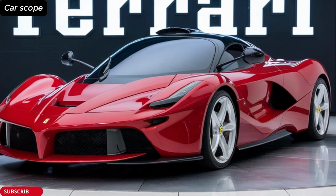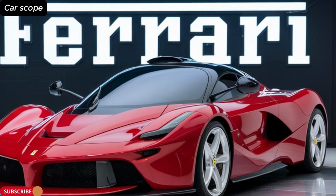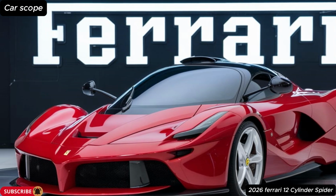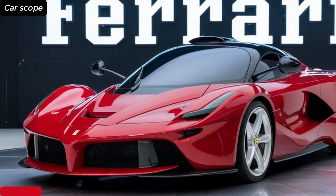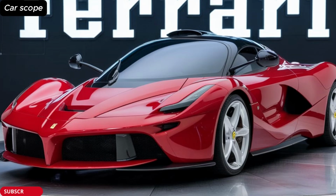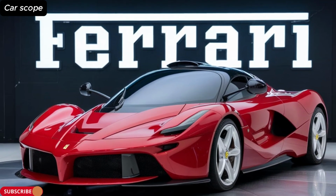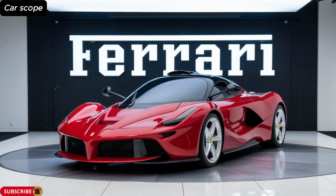Today, we're diving into something truly special, something that blends legacy, raw emotion, and cutting-edge technology. This is the 2026 Ferrari 12-cylinder Spider, a breathtaking open-top masterpiece that represents the pinnacle of Ferrari's grand touring excellence. It's not just a car, it's a declaration that passion and performance can still coexist in a world rapidly shifting toward electrification. Get ready to experience the sound, the soul, and the sheer power of a V12 Ferrari built for